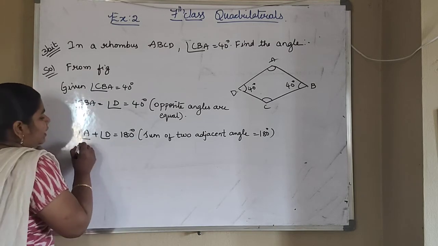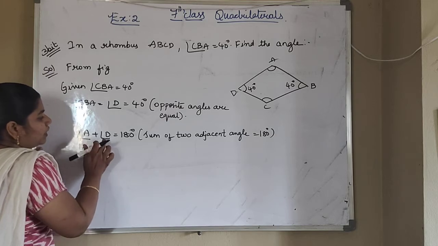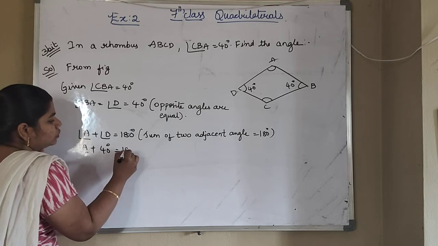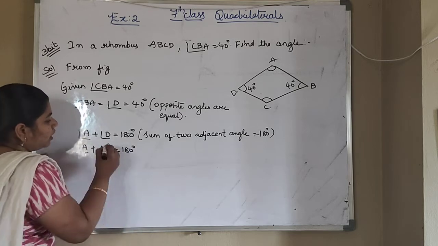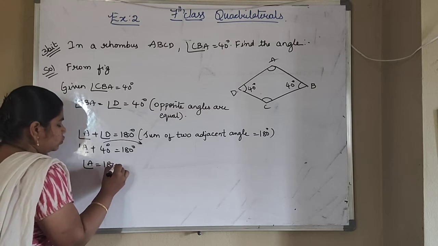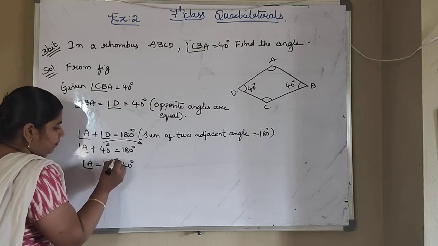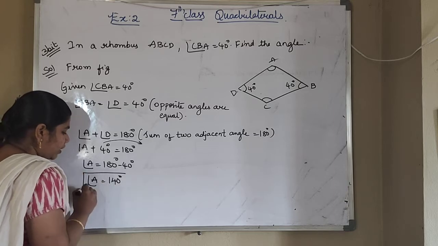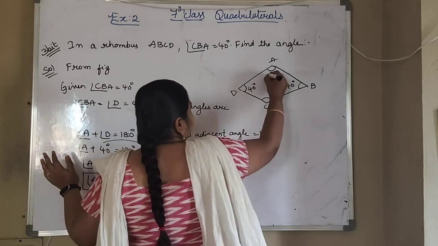Okay, so angle A value we have to find. Already angle D value we know as 40, so 40 is equal to 180. Now you transpose this 40 to the other side. Angle A is equal to 180 minus 40. So angle A is equal to 140 degrees. So you got the angle A value as